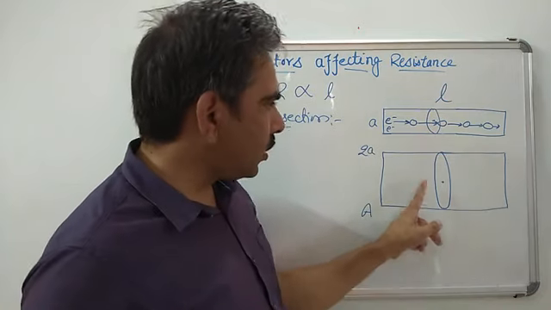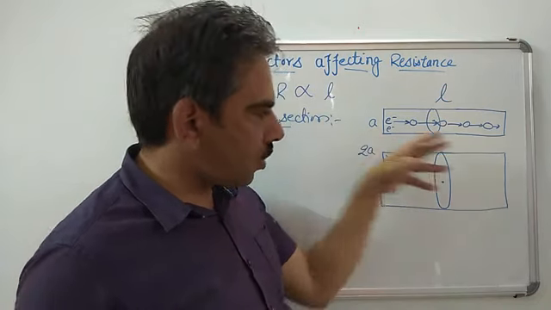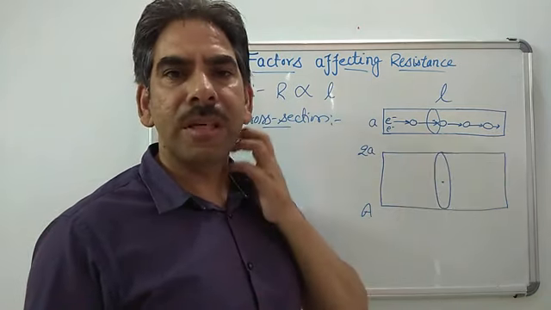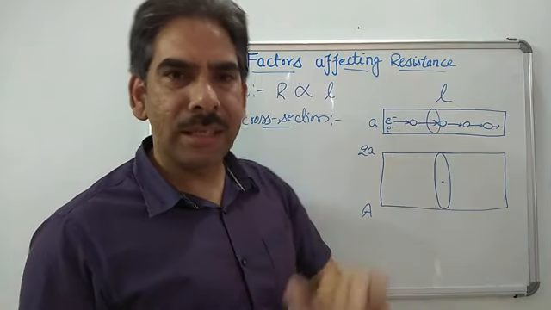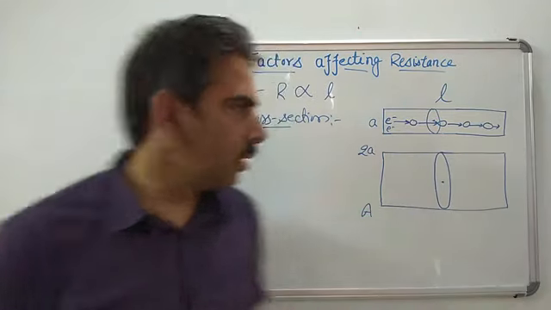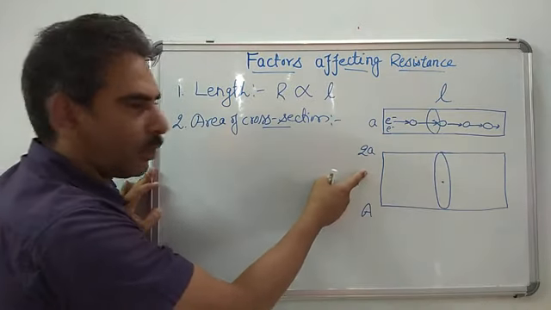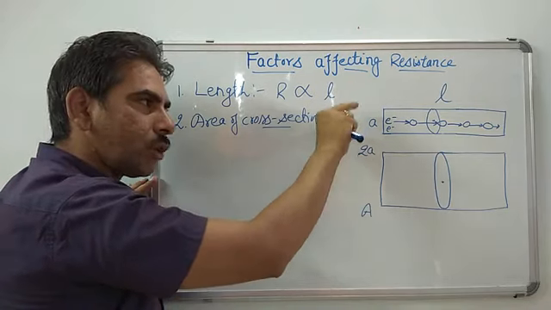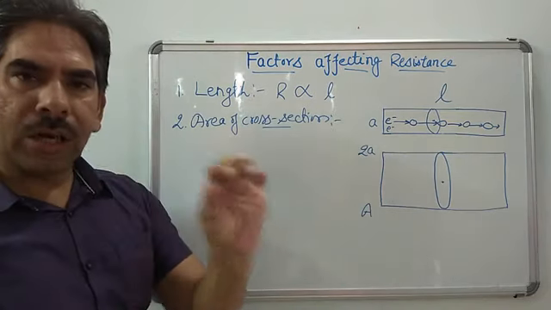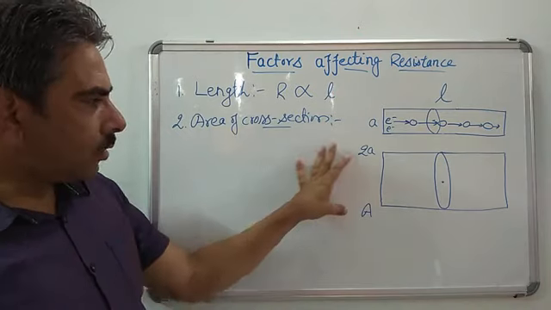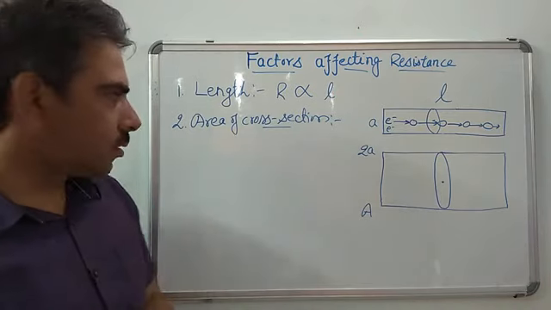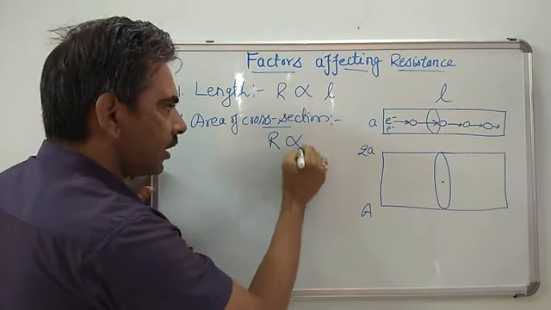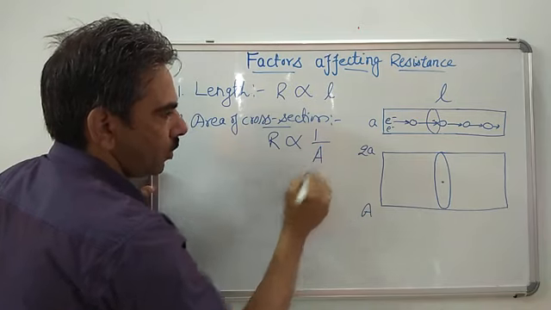So that means if more electrons can cross the given area cross section in one unit time, that means it has more current, which is representing the less resistance, right? So this one has less resistance because of its large area, and this one has large resistance because it has short area. So that is why thin wire always has higher resistance and thick wire always has low resistance, right? So from here we understand that resistance inversely varies with the area of cross section.